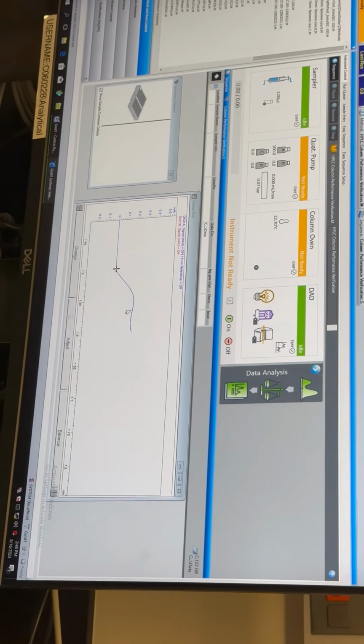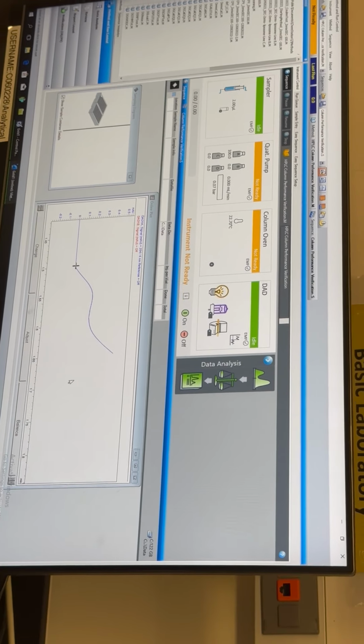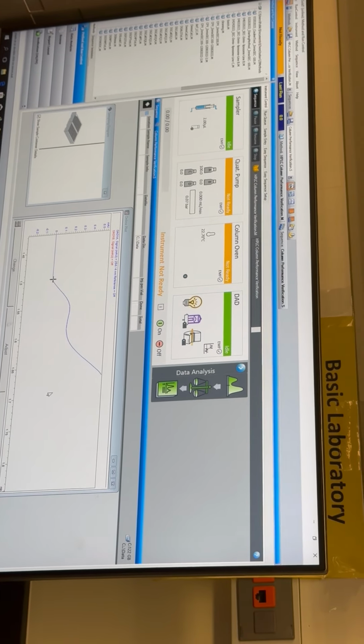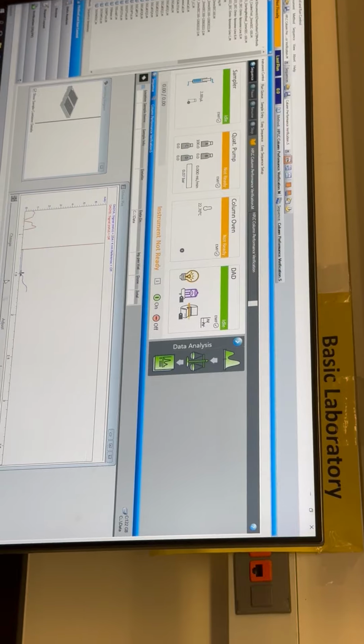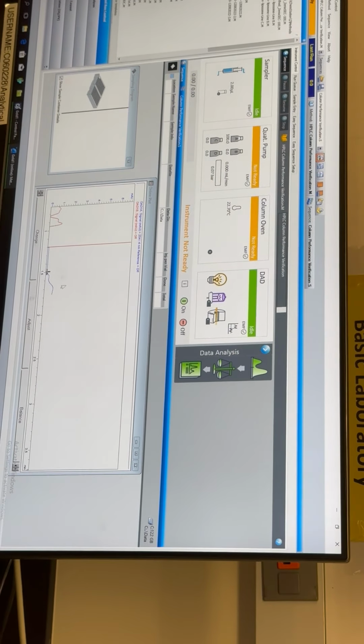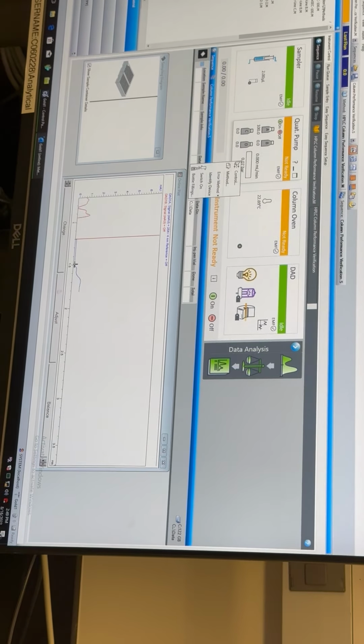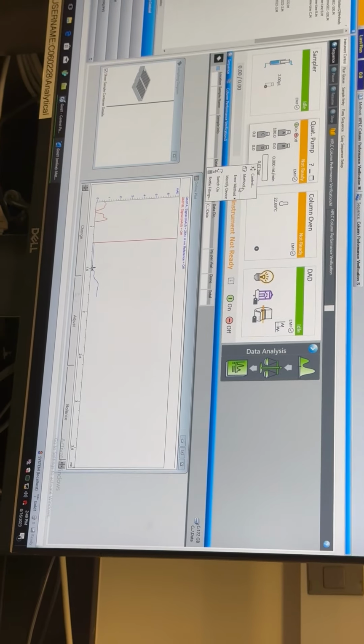So now what you're seeing is an increase of photons because the lamp is warming up. And we're just going to wait until this comes to a flat baseline, but in the meantime, we're going to go ahead and look at our